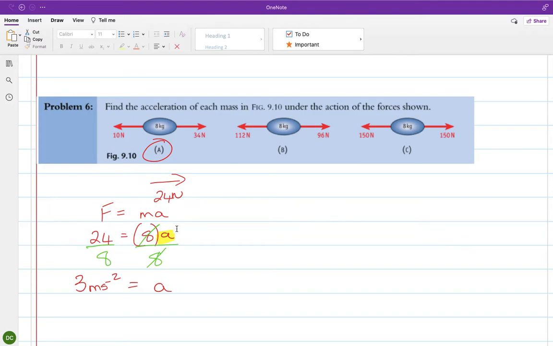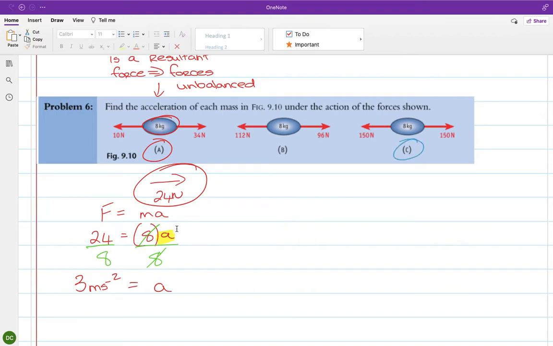So if you take this 8 kilos up here, it is going to overall move to the right, and it's going to move to the right with an acceleration of 3 meters per second squared, because the fact that there is a resultant force means we would call those forces unbalanced. Okay, for obvious reasons, they are not balanced, they are different on either side. Okay, whereas